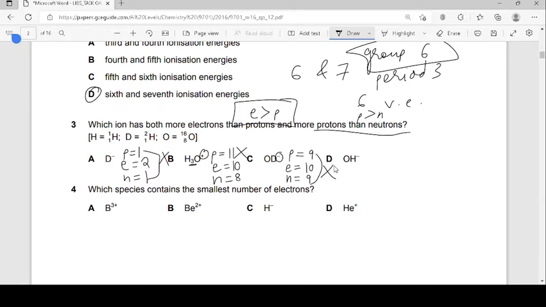And then you have the last one, which probably is the answer, but